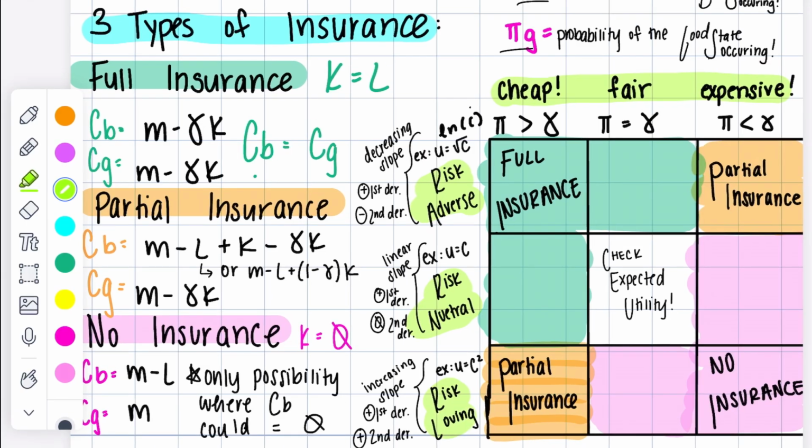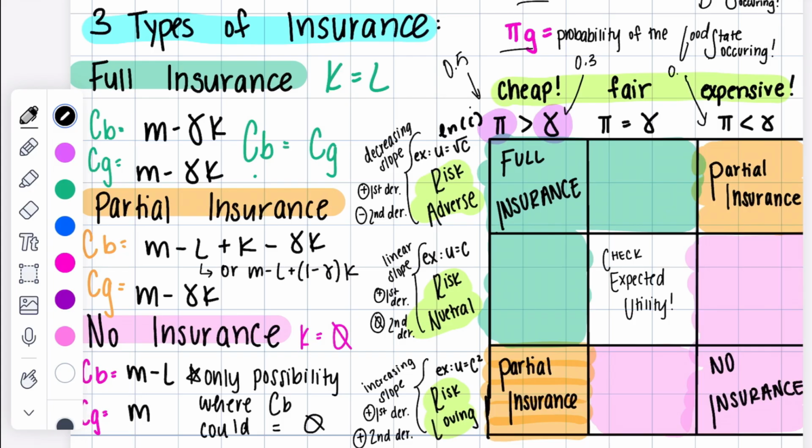How we decide whether insurance is cheap, fair, or expensive is we simply compare our probability of an accident occurring to our price of insurance, that gamma. So basically, let's say that our probability of an accident occurring is 50%, so 0.5, and then the price of insurance is 30 cents per dollar. Here we see that the probability is greater than our price per dollar of insurance, our gamma, and so we must have some pretty cheap insurance if the probability of being in an accident is more than we're paying for coverage. Fair is when probability is equal to gamma,